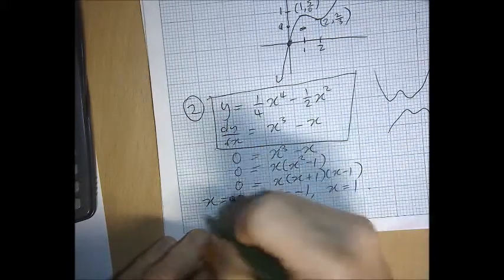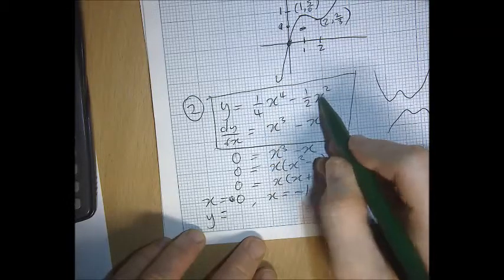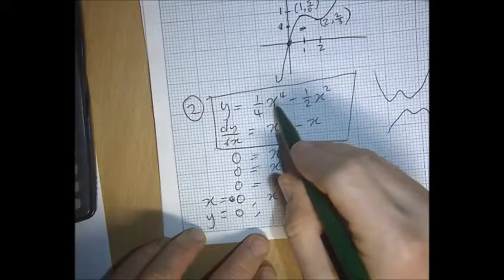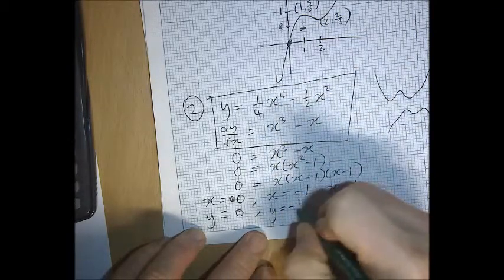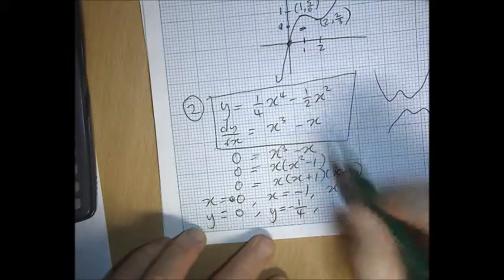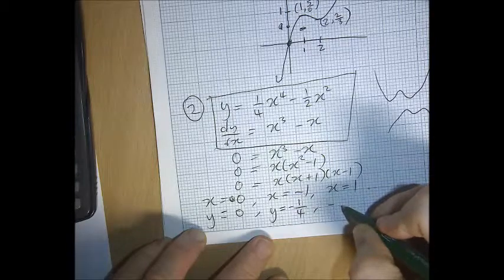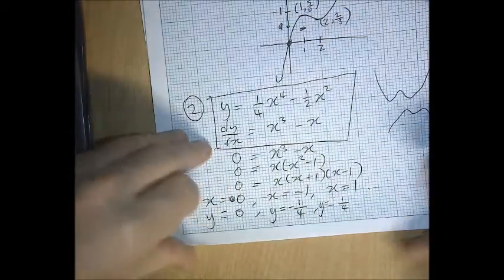How high is it when it's flat? If x equals 0, then y equals 0. If x equals -1, then it's 1/4 minus 1/2, which is -1/4. And if x equals 1, then it's 1/4 minus 1/2 as well, which is -1/4. So the graph is